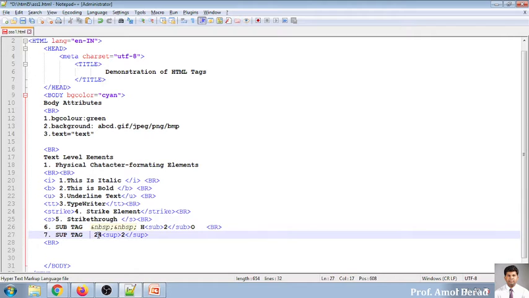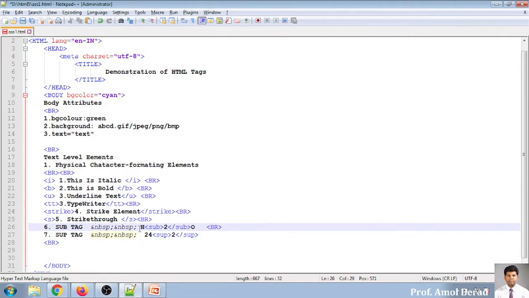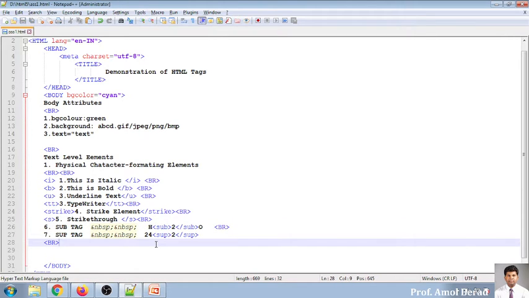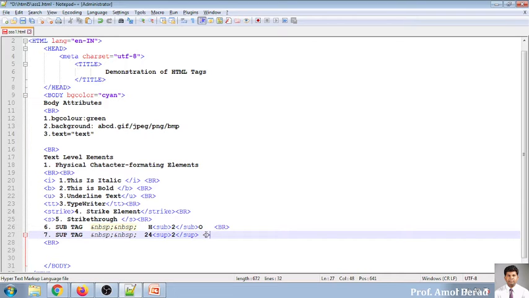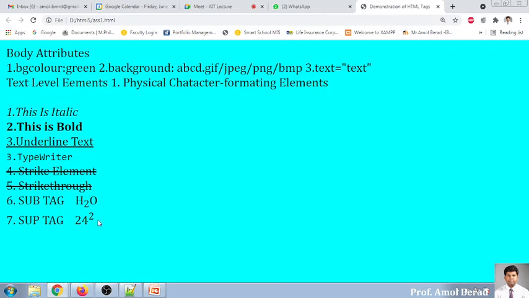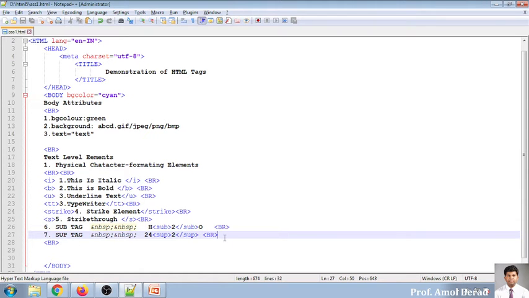I'm copying these two spaces and putting them here in front of it. So it will help us to specify and get an output. Here again, I'm putting a BR because I want to move my cursor to the next line. That's it. And you'll see whatever you have put into the sub tag will be moved downwards, whereas super SUP will be moving it in the upper part of your display.